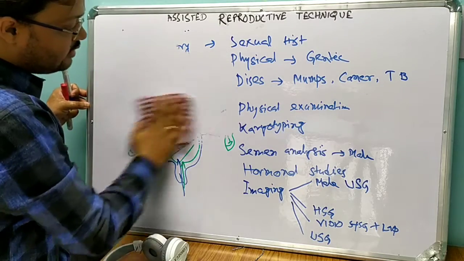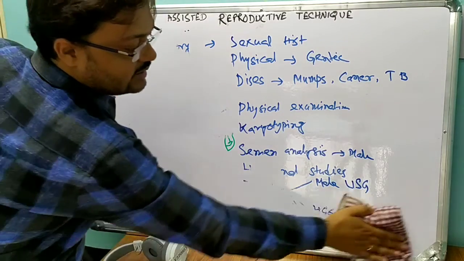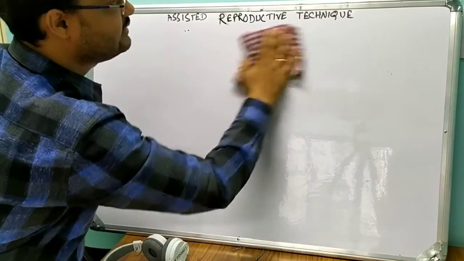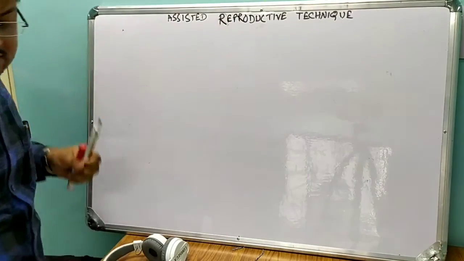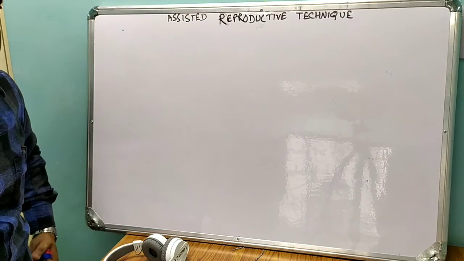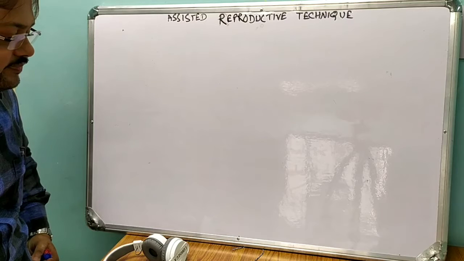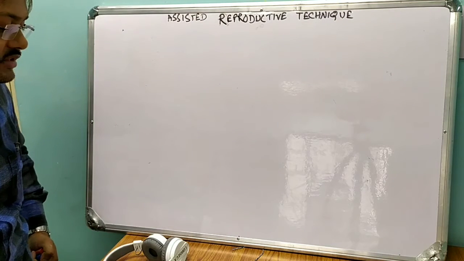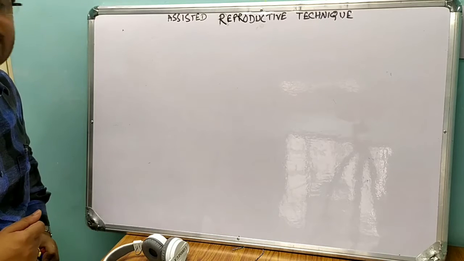Now, before you go into the treatment part, you have to remember one definition. So what is infertility? Will you say infertility if a couple got married, say 6 months back, and they come to you saying, doctor, I cannot conceive? So what will you do? Will you stamp them to be infertile?